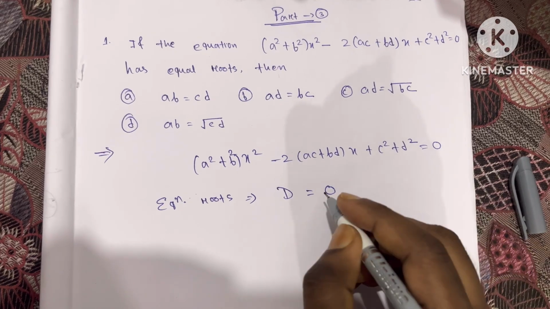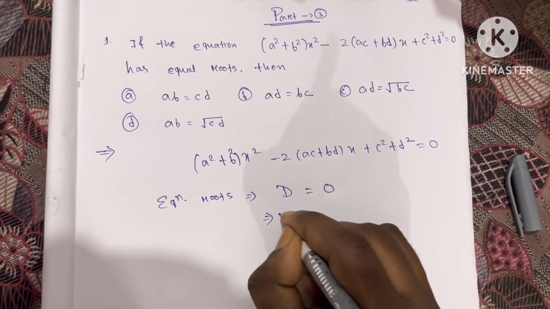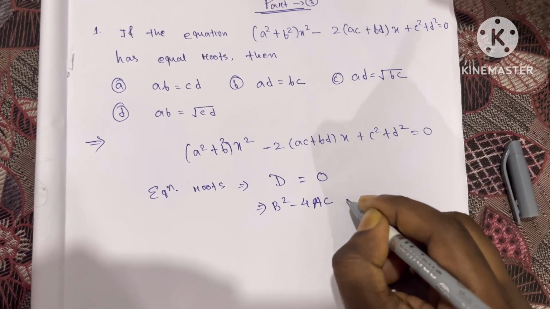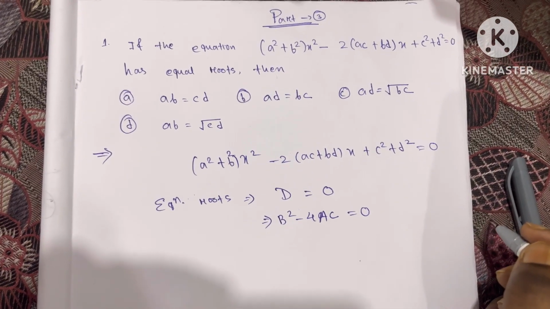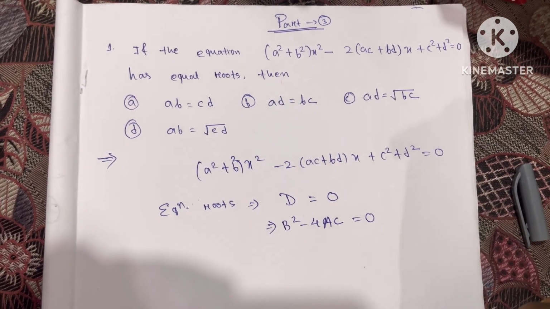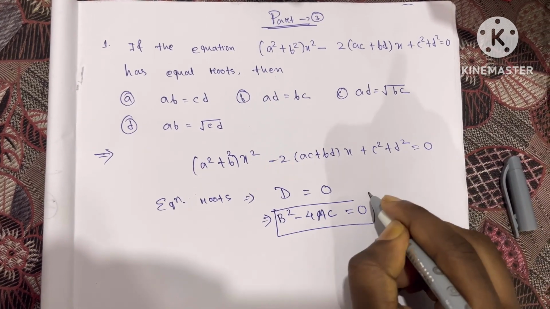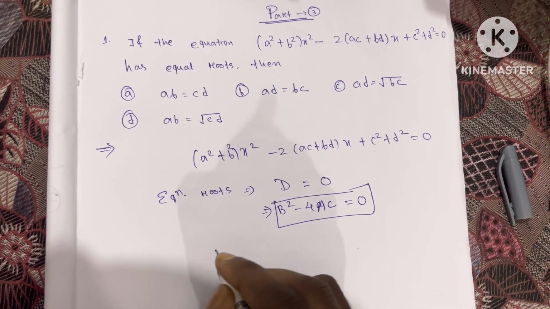So what do you mean by discriminant? Discriminant means the value of b square minus 4ac. The value of b square minus 4ac equal to 0. So if you use this formula, you'll get the answer. Right? So before finding the value of b square minus 4ac, first you have to compare your equation,